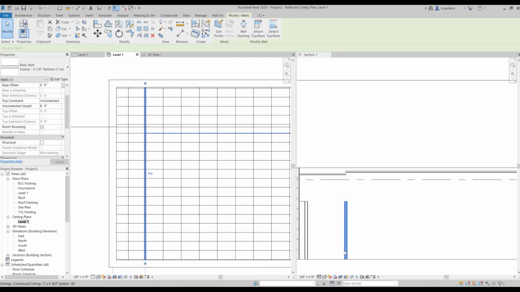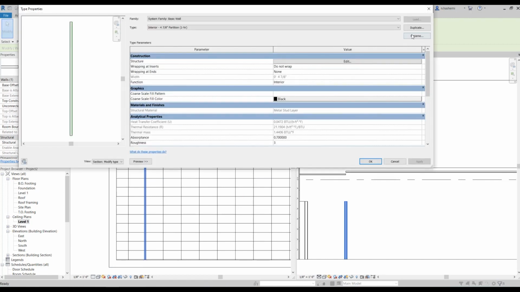You can see it here, okay? So I'm going to go to edit type and then duplicate it. I'm going to change the name to interior 6-inch bulkhead.